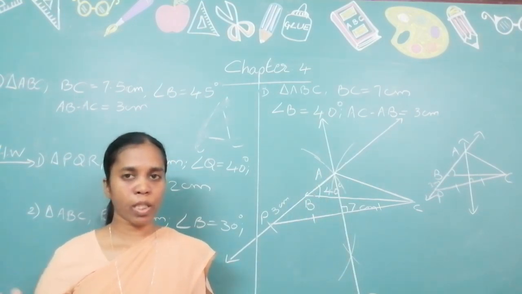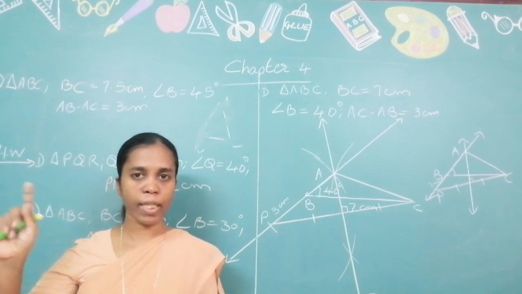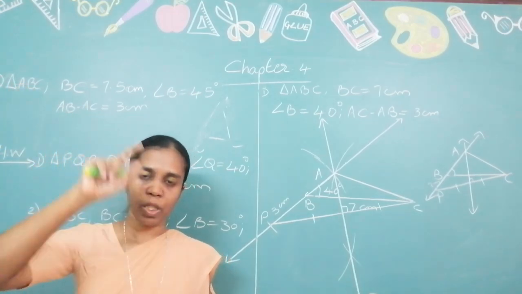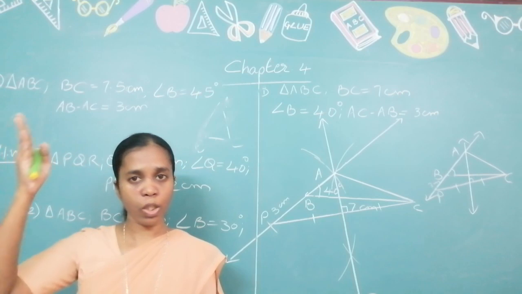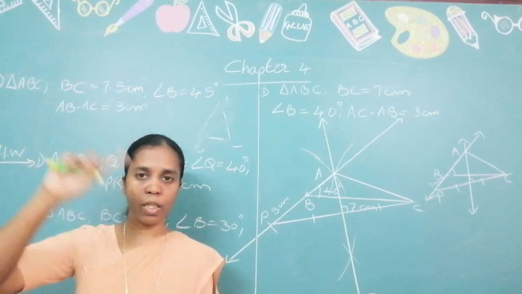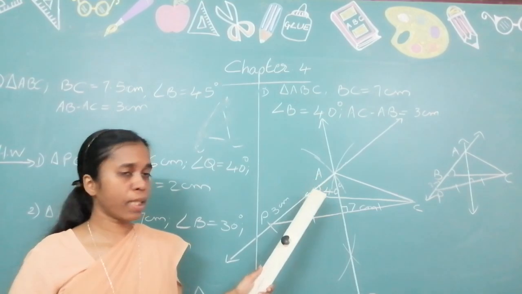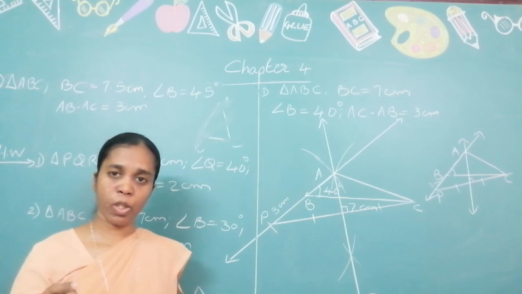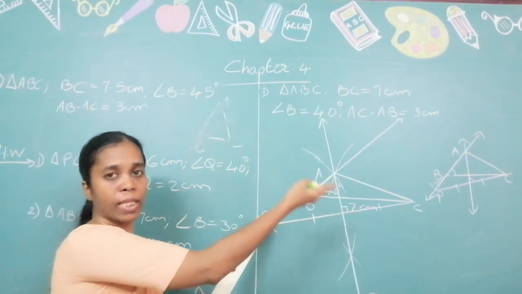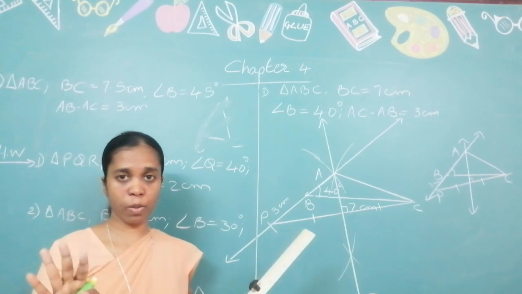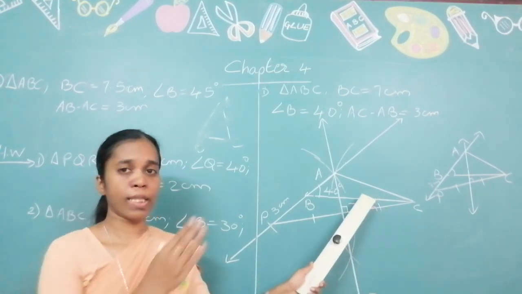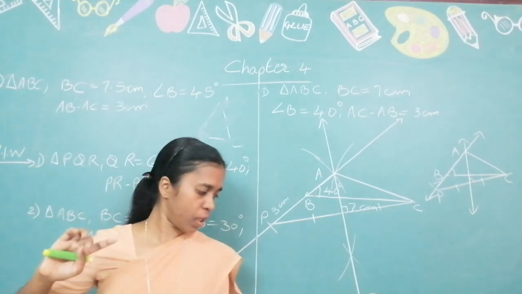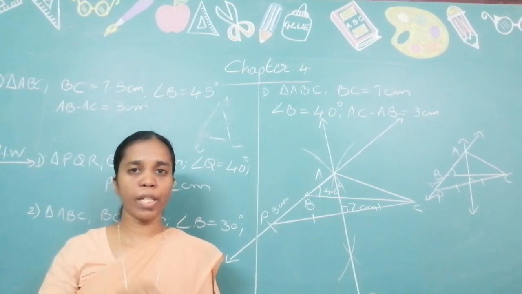These three types of constructions are clear, I suppose. First and the second are similar. Base, draw the ray, whatever measure is given, mark it, join, and then draw the perpendicular bisector. Wherever the bisector touches the ray, mark that point, join. In this case, the construction is below. Why does it have to be extended below? Because you are given the base angle and you are told AC minus AB. So please take note of the difference over here. Here it is AC minus AB, and the first one was AB minus AC. This is the only difference.